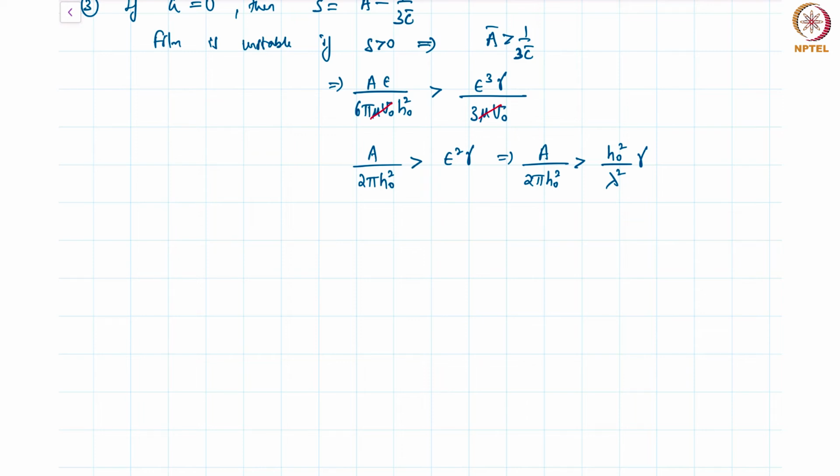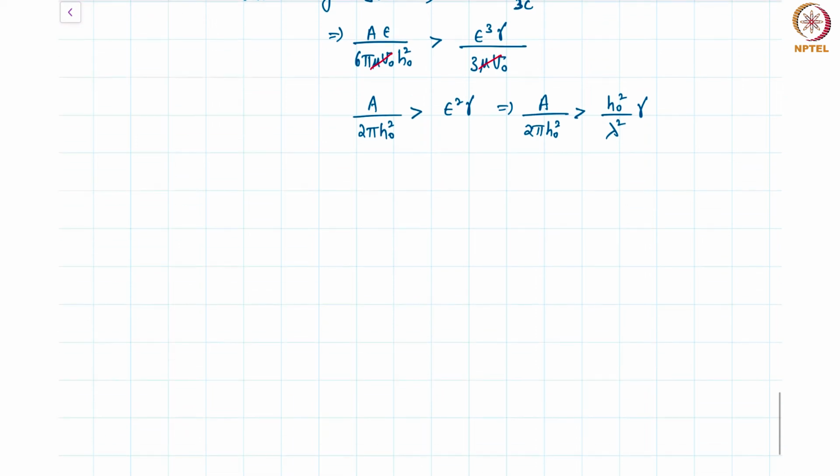Sometimes this is also referred to as a long wavelength analysis. That's what we have done. And now we basically have, if lambda square is greater than 2 pi h0 power 4 gamma by A, we have an unstable